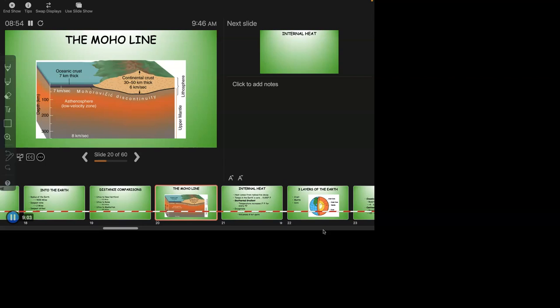Mohorovicic discontinuity. Where's that word on here? That word is just under the crust there in white letters, and I don't ever expect you to write that word down. They call it the Moho line for just that reason. But Professor Mohorovicic would love it if every so often his name gets remembered and mentioned, and not just shortened to the Moho line. So he did some work a ways back, and